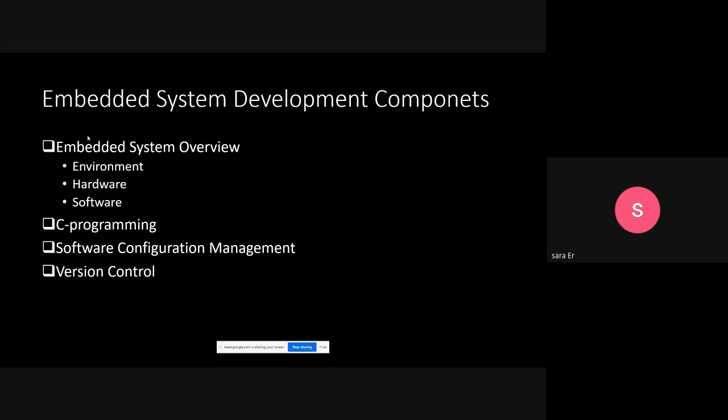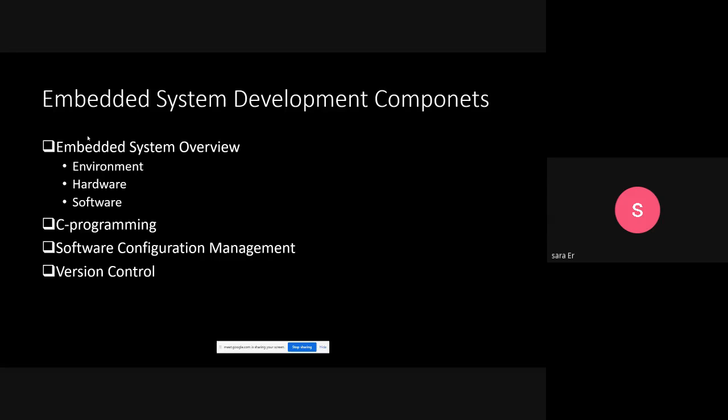Okay, therefore, the embedded system overview contains the environment, the hardware part, the software skill, and our coding section, mainly in C programming. And after our code gets bigger and bigger, we need software for controlling the changes in the code.